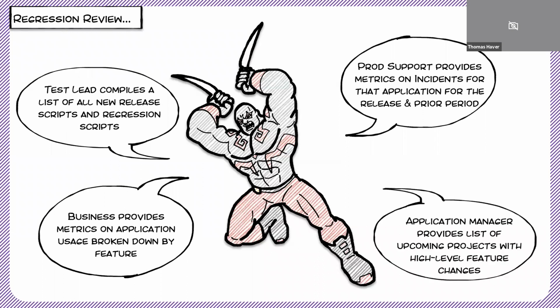And lastly, the app manager or product owners can provide a list of the upcoming projects with the high-level feature changes, so you know what's going to be deprecated, what's going to be modified, what's going to be added in. Having these 4 representatives come together will then allow you to decide, all right, for our new regression scripts, what we've identified as our examples, these should be added into our formal regression to be executed on a regular basis. These current regression scripts no longer fit the state of the application or provide little value, so we're removing those from our regression. So constantly pruning